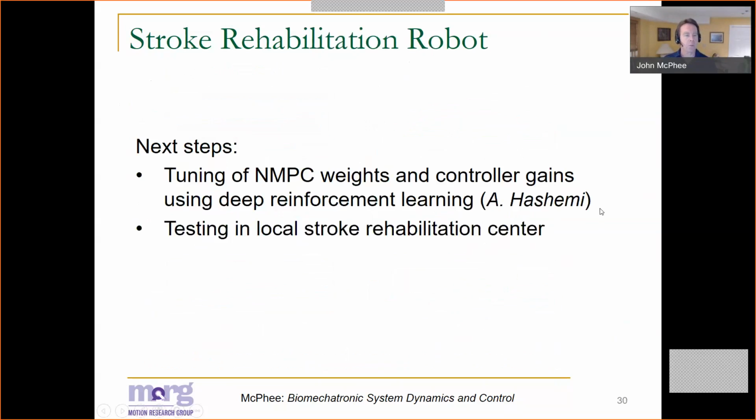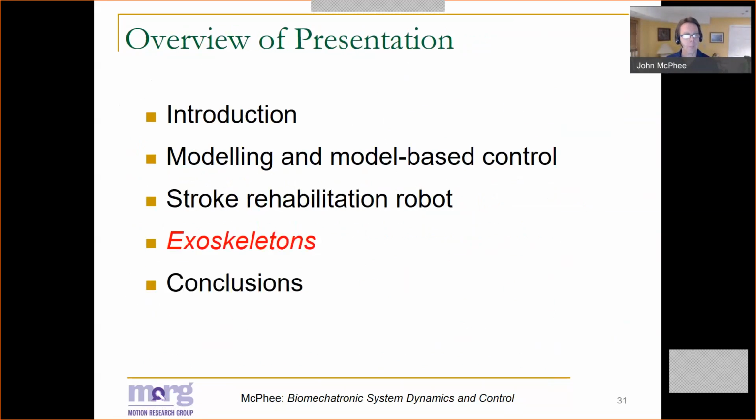So where are we going next with this? Well, we want to tune those weights of the controller for different subjects, and to do so, we're using deep reinforcement learning. You'll see some results from us in the literature very soon on this. And of course, once we get through the pandemic, we'll be testing this on real subjects at our local stroke rehab center. So finally, let me move on to talk about exoskeletons and the work we're doing there on model-based